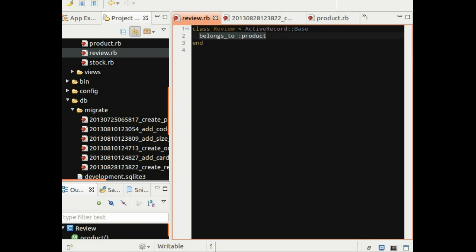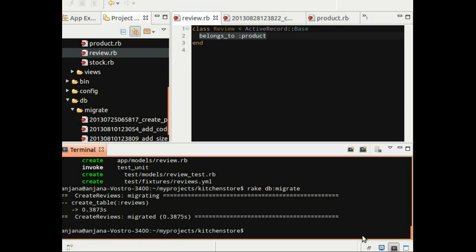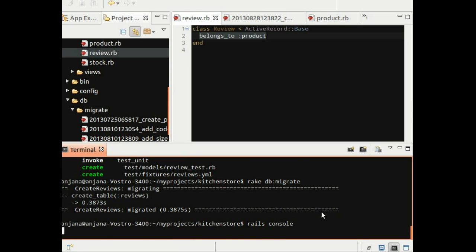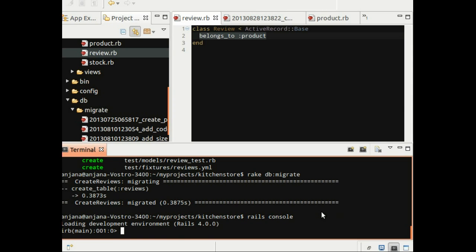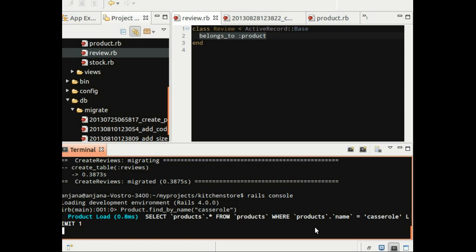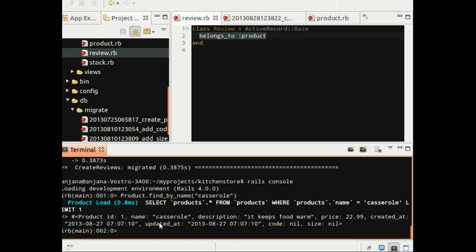Now let's open the Rails console for this application. And let's create a review for the product named casserole. So let's do a Product.find_by name casserole. And we have a product with product ID 1. So let's assign this to a product variable,